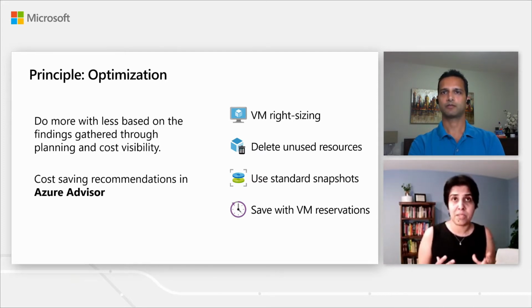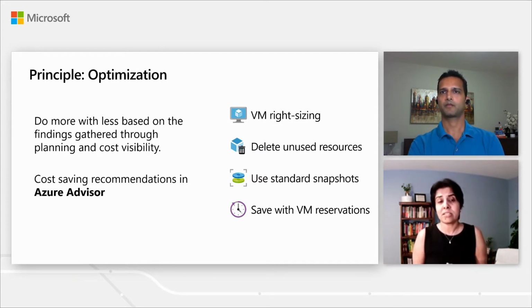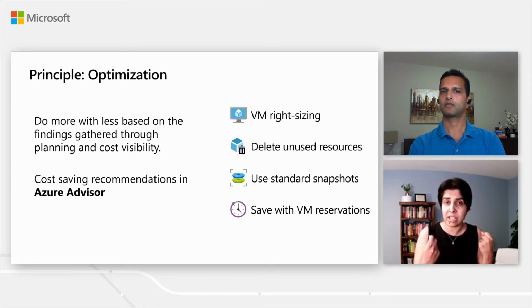The next step is the optimization, which is, yes, you're able to view costs, you're able to hold folks in your organization accountable for their spend. The third step becomes, how do I save costs? So we have two ways to save costs. One, through your own insights by looking at cost analysis and figuring out how you're spending, you can actually control your spend. The other is a product called Azure Advisor, which is a blade in the Azure portal,